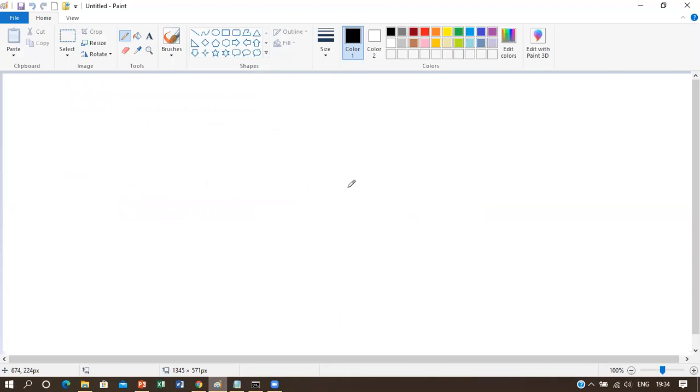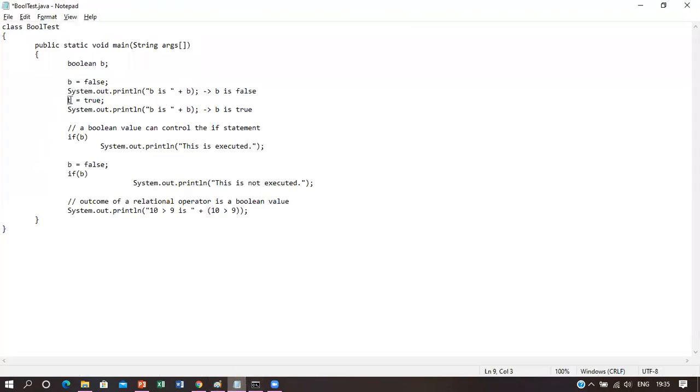You have already learned that if I write like this, if x, suppose we have taken a variable x as 1. Now if I write if x, that will always be counted as a true condition because the value of x is 1, and 1 means true and 0 means false, that we know. So if I write if x, where the value of x is 1, this condition will be computed as a true condition. Similarly here, the value of B is set as true.